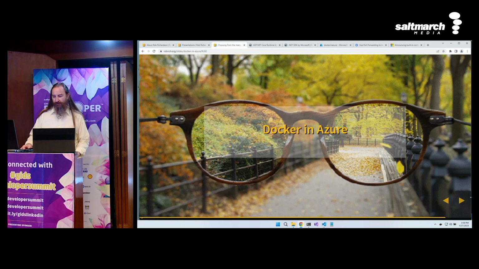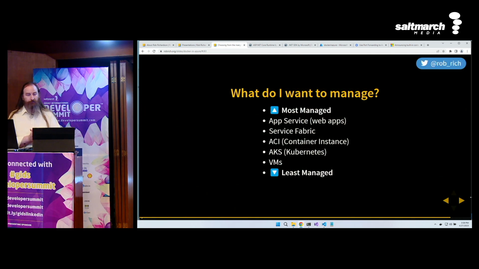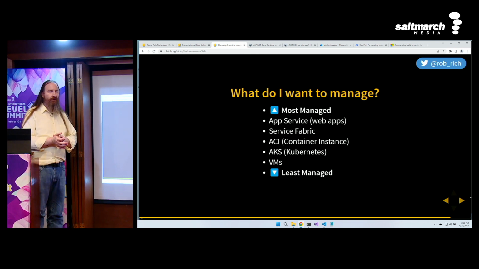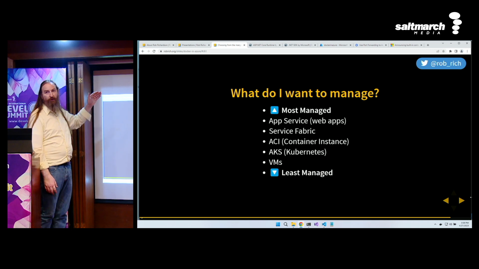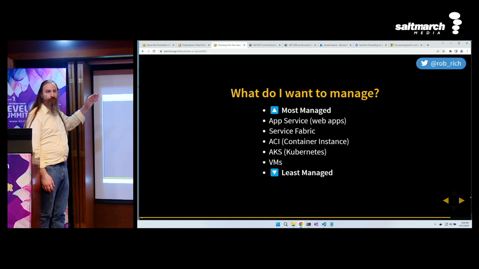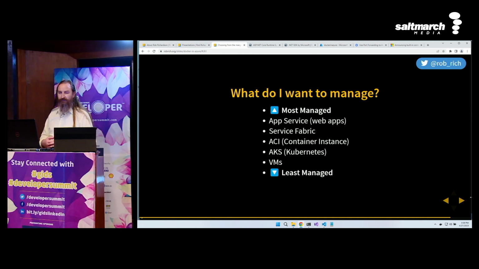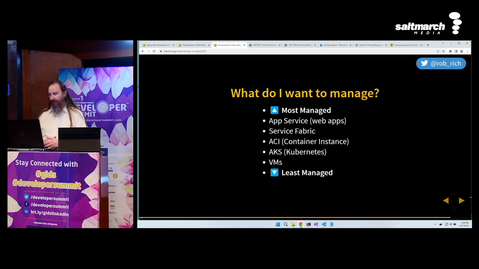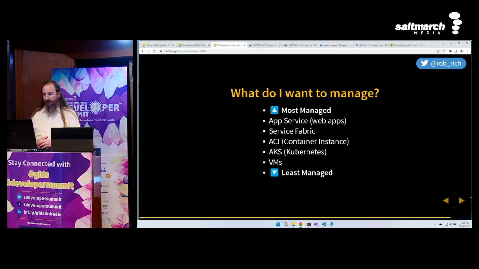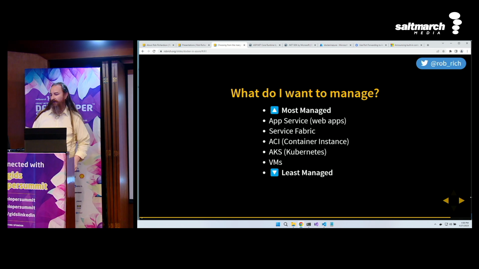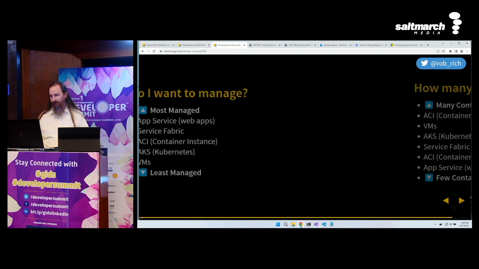So we looked at a lot of different ways of running Docker in Azure. Let's now start to categorize them so we can predict when we might choose each as the best option. Comparing these from the most managed, where Azure is doing the majority of things, to the least managed, where we're owning most of the things, we can see that Azure App Service is the most managed. Then Service Fabric, arguably they're equal. Azure Container Instance is in the middle. And AKS gets more towards we manage it. And then VMs is where we manage everything. Azure is really not helping us more than just getting us hardware.